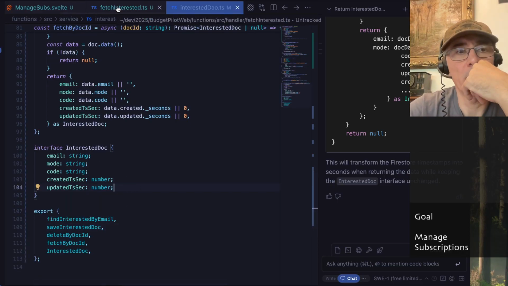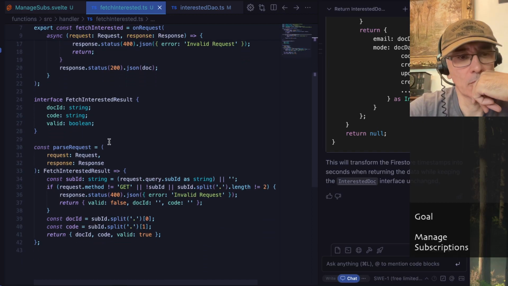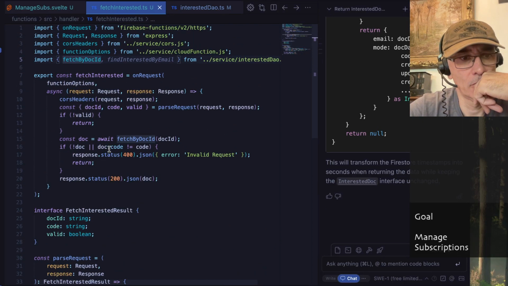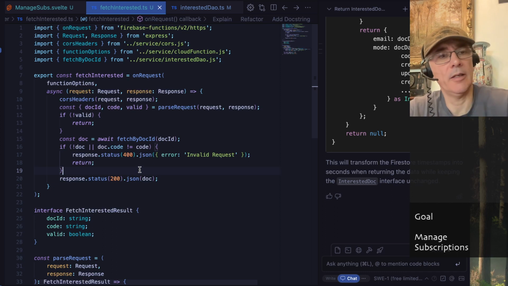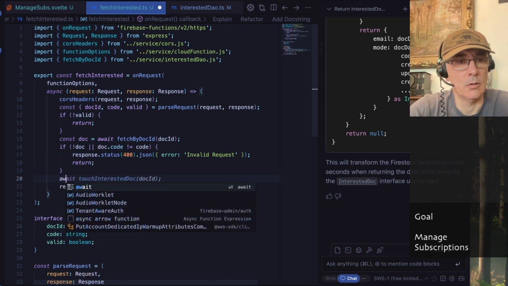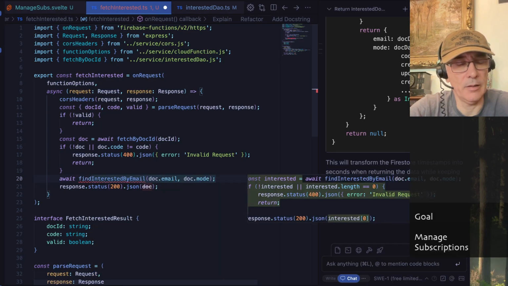Now that we have the function, I can go here. Now I know I have a valid document. I can do find interested by email,